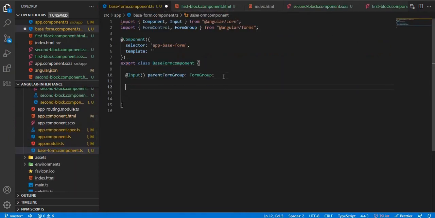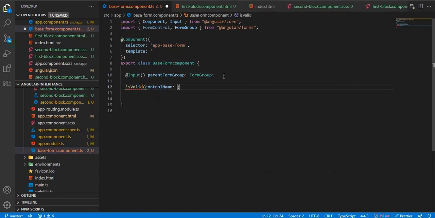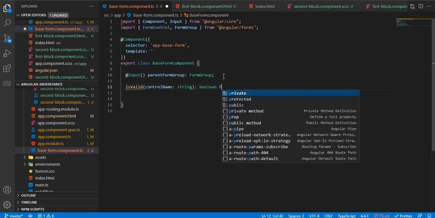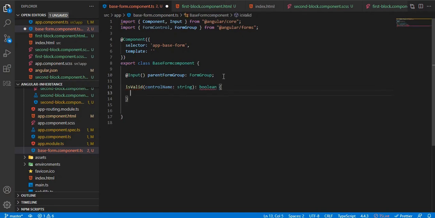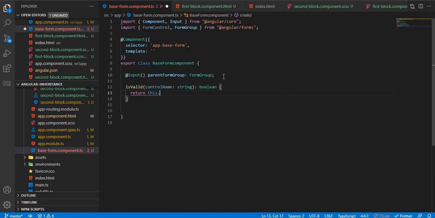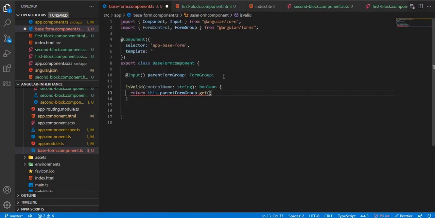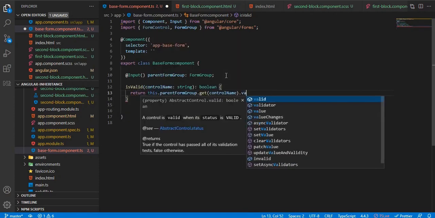Let's create a few methods. So let's say isValid, and this takes in controlName, which is a string, and it returns a boolean value. So let's say it returns this dot parentFormGroup dot get controlName dot value.